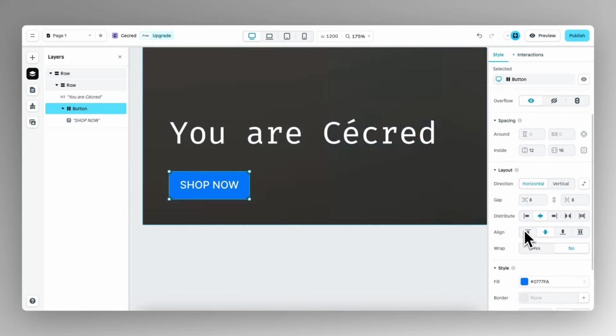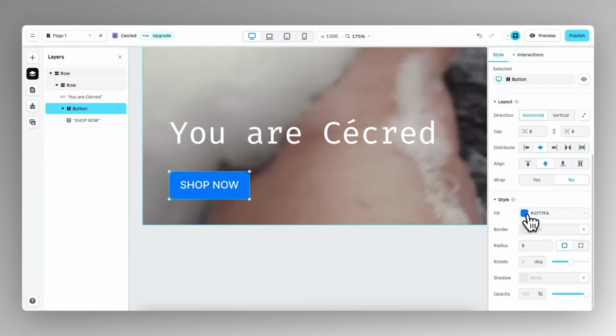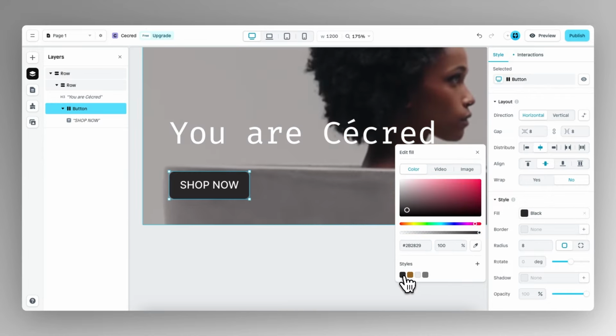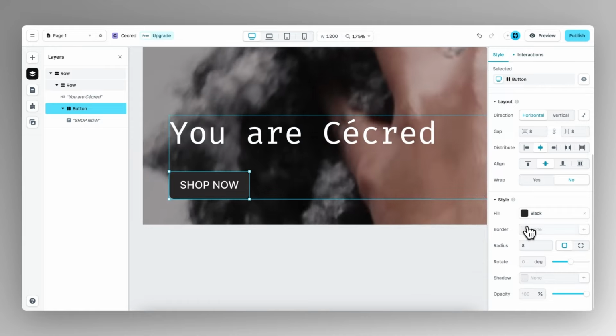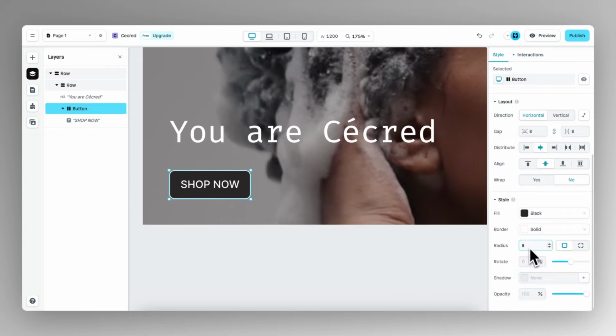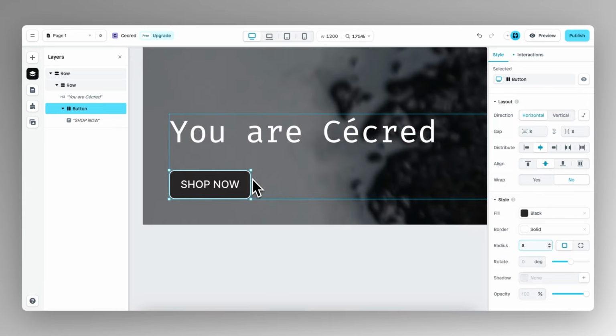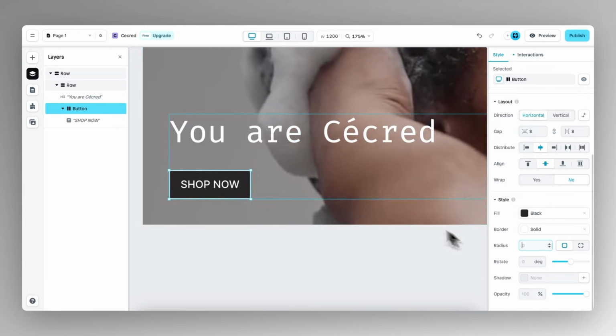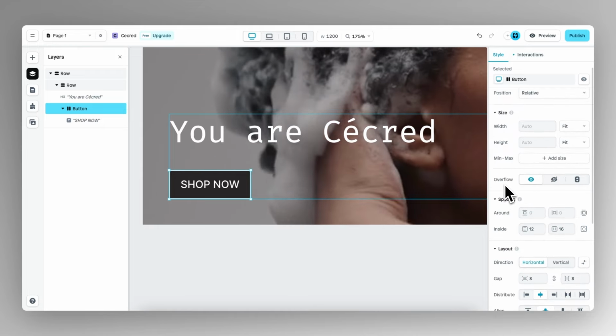And then this button should be black with a white border. So we have selected the button. As you can see, the fill is set to blue. We change this to the brand color. There we go. And then we add a nice border, make the border white. And then there's a radius of 8, which causes this button to have nice round corners, but we don't want this. So let's delete it